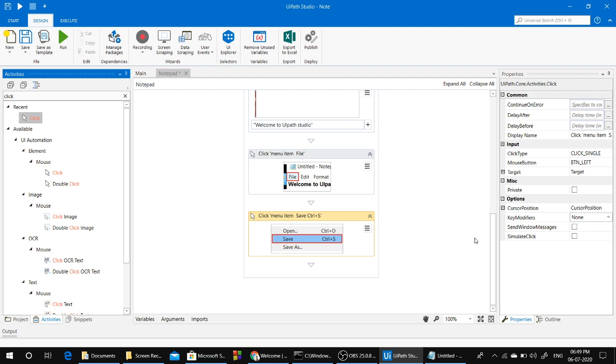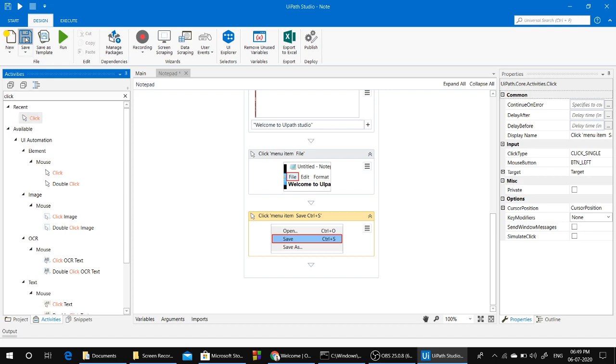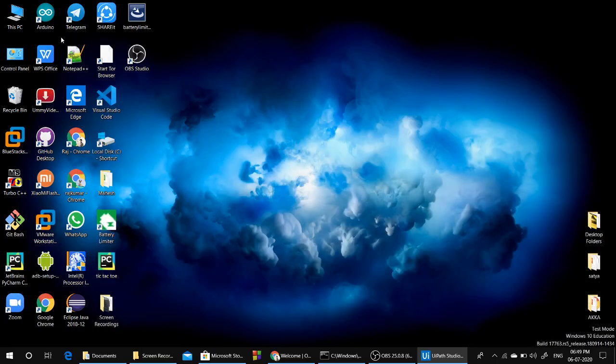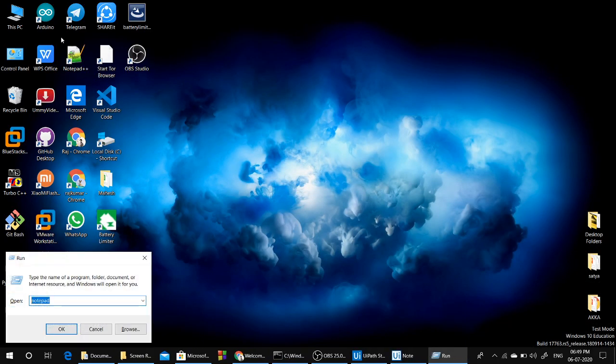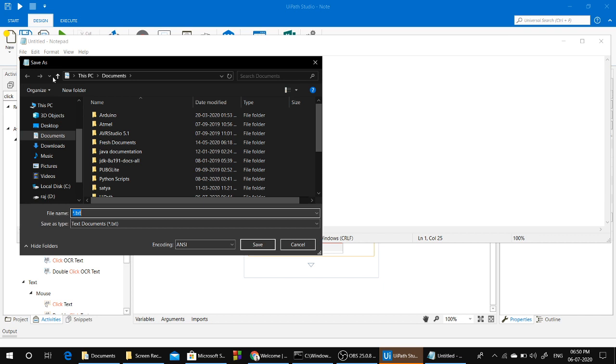Next, it was open. We have to check that it is perfectly working or not. So close this and don't save. Save and run. Yes, it was successfully open.